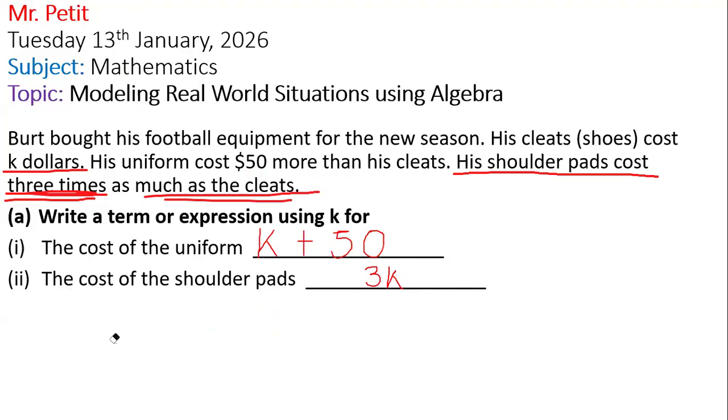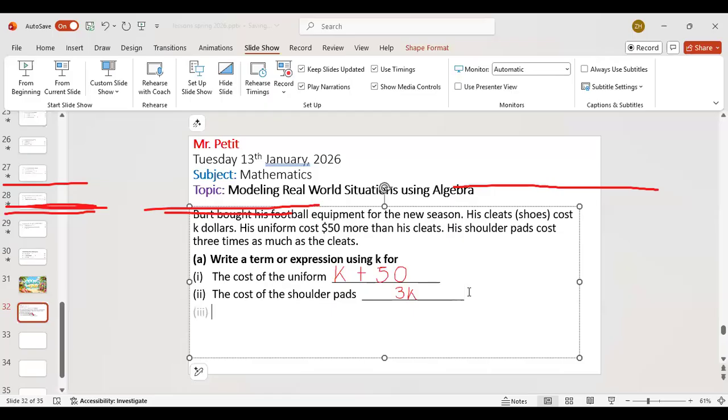All right. So let's do another one. Again, if you have any questions, let me know, please. The next one is where it gets interesting. It says, write an expression for the total cost of all the equipment he bought, giving your answer